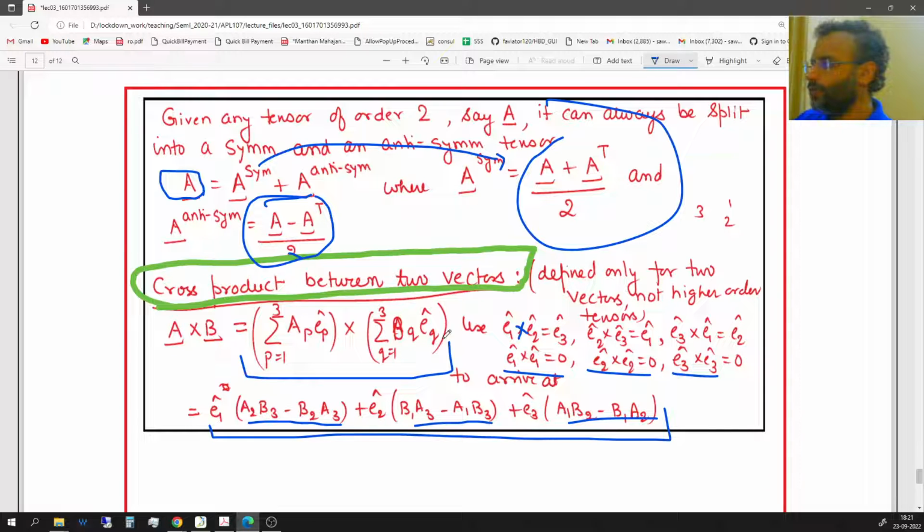So if you take A cross B and then use these relationships, that E1 cross E2 takes you to E3, E2 cross E3 takes you to E1, and so on, and the cross product between E1 and E1 will be 0, and E2 and E2 will be 0, and so on. Use all these properties, you can arrive at this expression for the cross product between two vectors, with the coefficients of E1, E2, and E3 being what is being shown here. And clearly, the cross product between two vectors results into another vector. So the order of the tensor remains the same as